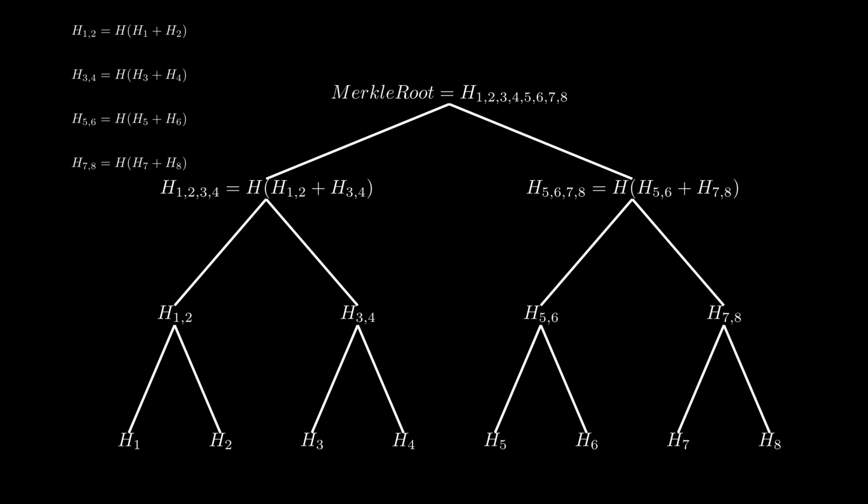Now, here's why this is so clever. If even one transaction changes, say Alice was paying Bob 2.5 Ether, but someone tries to edit it to 3 Ether, its hash completely changes. That difference ripples upward, changing its parent hash, then the next parent, and eventually the Merkle root. So by checking just that one number, the root, the network can instantly detect if anything inside the block has